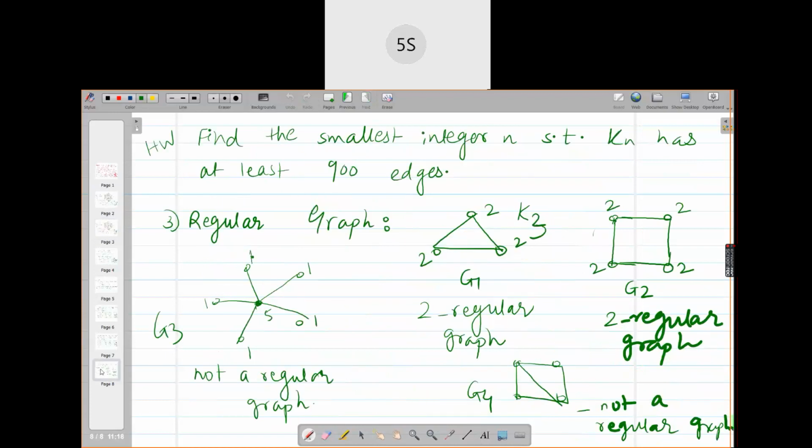There you are. Okay. So you have understood that every complete graph is a regular graph. But every regular graph need not be a complete graph. Is G2 a complete graph? ये G2 जो मैंने draw किया है, is it a complete graph? No. So every complete graph is a regular graph, but every regular graph is not a complete graph.